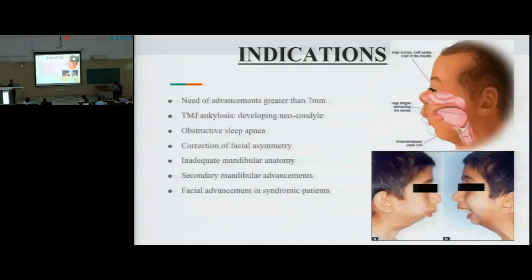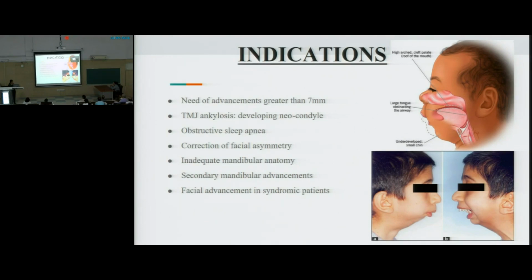And then indications in maxillofacial surgery, when we have to do distraction osteogenesis: when we need an advancement of the maxilla or the mandible which is greater than 7 millimeter, and in TMJ ankylosis, where the patient's mandibular growth has been impeded, and then obstructive sleep apnea, where if the mandible is being taken forward, if there is a retruded mandible, it can definitely be life-saving to the patient,